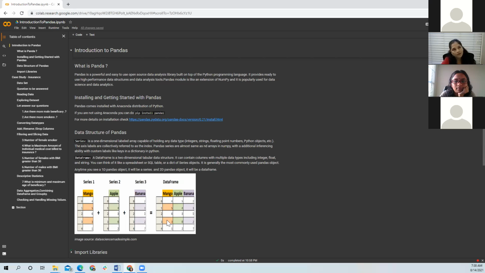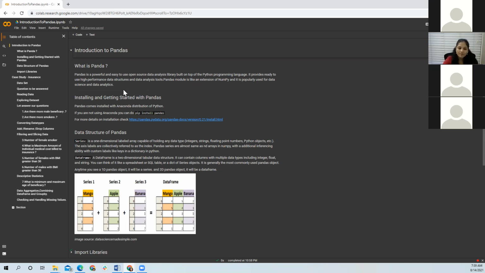The other difference between an Excel spreadsheet and a data frame is that data frames are more robust and more flexible, and can hold a very large data set. And it has labels for rows and columns, whereas in an Excel sheet, you just have those A, B, C kind of labels.